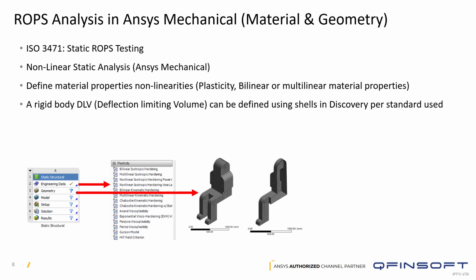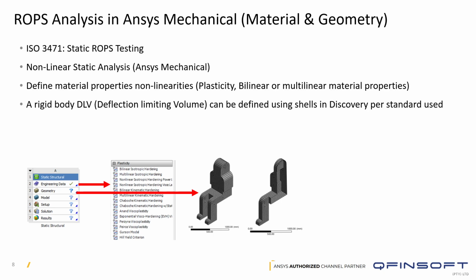Ansys Mechanical is our materials. Usually the materials we'll be working with are non-linear materials inside of a static analysis, and we need to define these materials inside of Engineering Data. While you're inside of Engineering Data, as shown there, we can define the plasticity of the materials that are used inside of our test, and then we can define a rigid body deflection limiting volume of where the occupant can